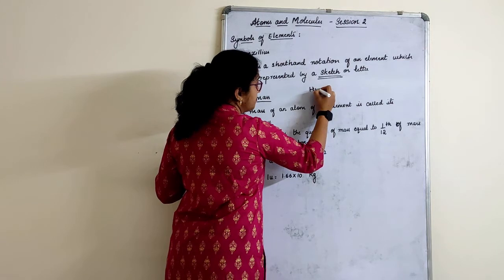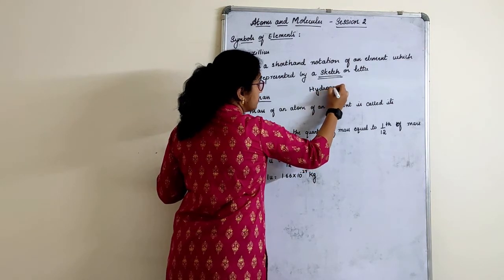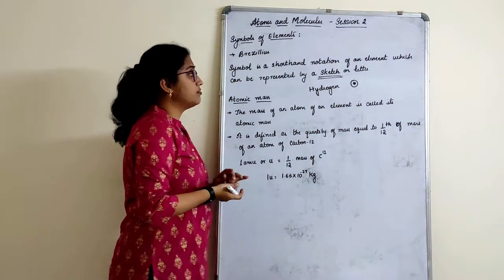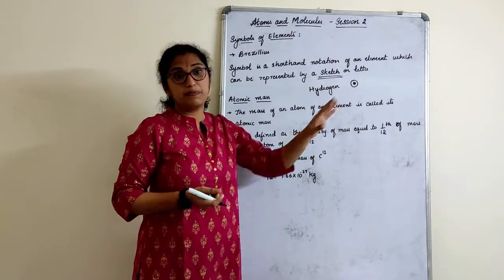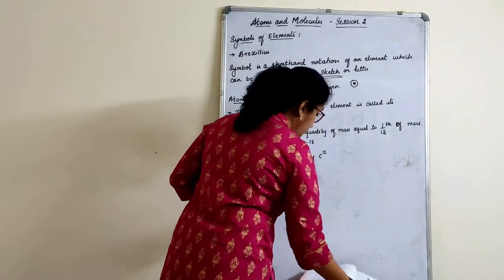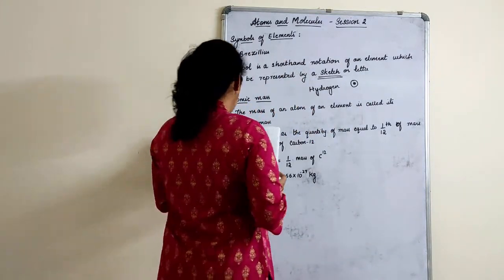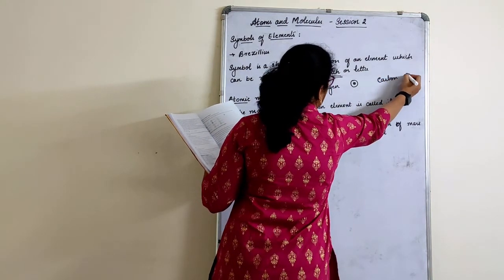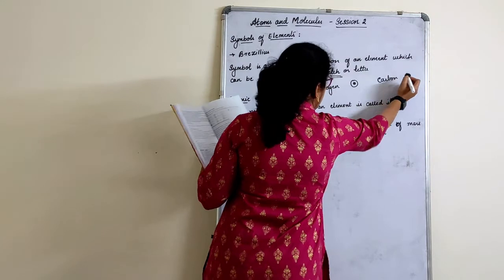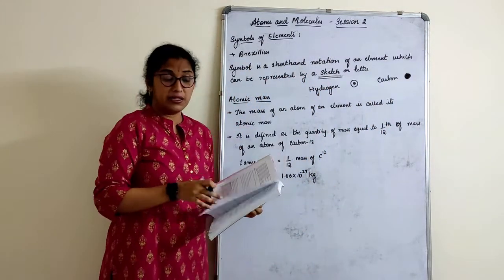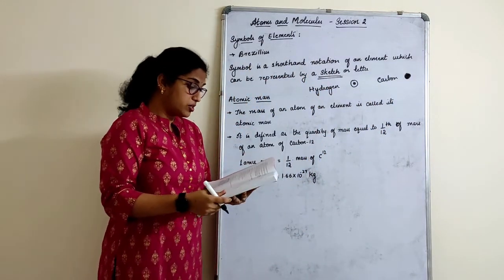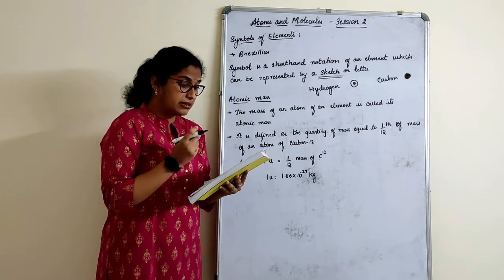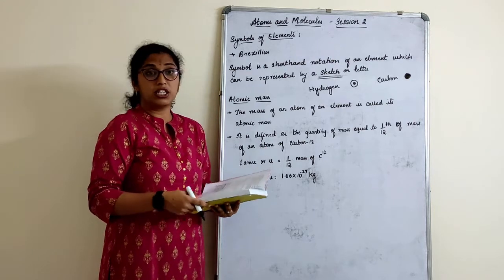For hydrogen, he represented it by this structure, that is, if I draw this structure, it is hydrogen. Another one, if I have to represent carbon: if I color this dot completely, it represents carbon. You can read this in the book: phosphorus, copper, gold, then sulfur, lead, platinum, oxygen, iron, silver, mercury.